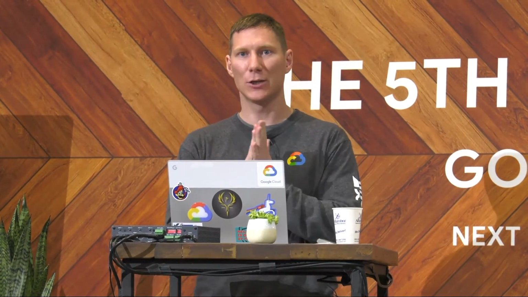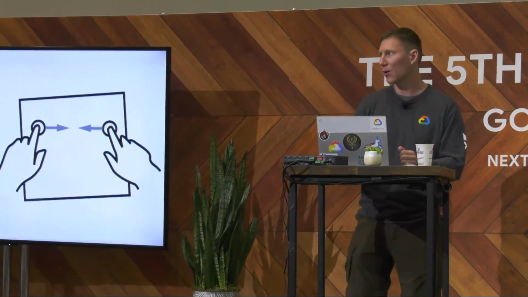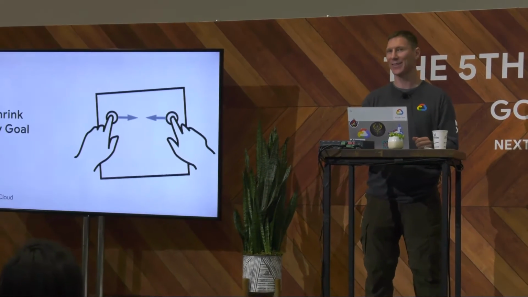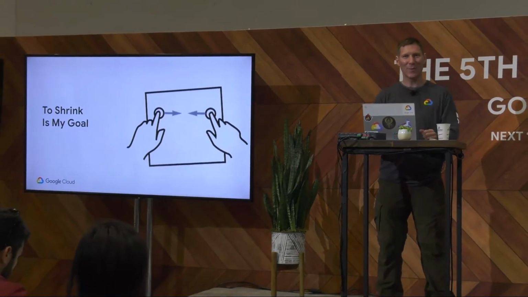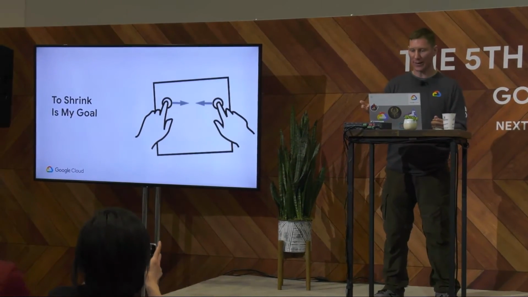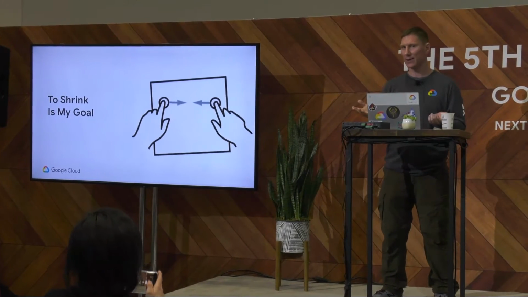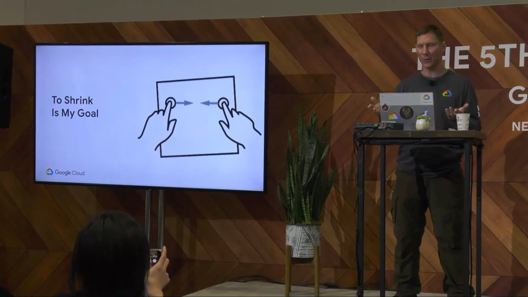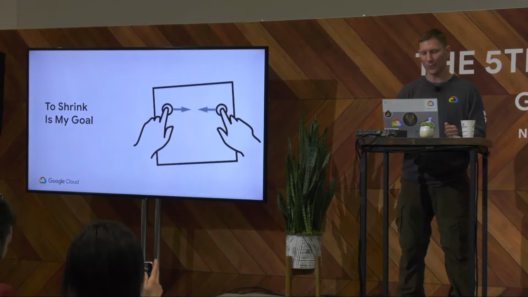Okay, so you've got your SLOs. You know if you need to shrink to keep your users happy. And you've got your blameless postmortems, so you have a clue where you need to shrink to keep your users happy. Now, what do you do to shrink to keep your users happy? I mean, you know overall what you want the graph to look like, but let's zoom in on each phase and figure out what kind of tasks we can focus on to bring each of them under control.